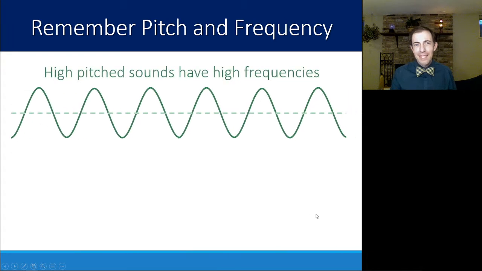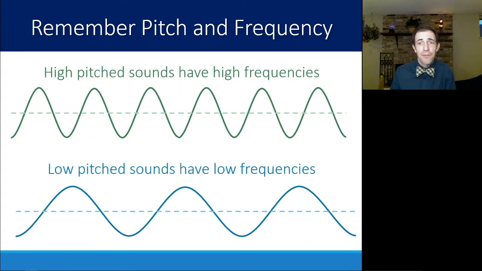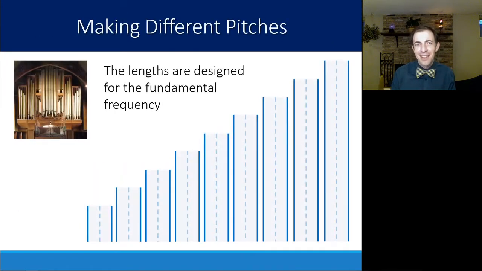If you remember back to pitch and frequency, a higher pitch sound has a high frequency, a lower pitch sound has a low frequency, and that's fairly intuitive. Well, we can use that concept to create different pitches. There are a couple different ways that we can do that. One is by using a tube like I did to play taps. In this case, I have the same length of the tube, and I'm just adding more energy to produce more harmonics. The other way is to change the length of the tube